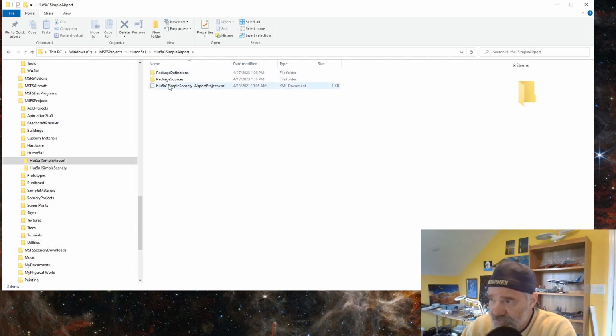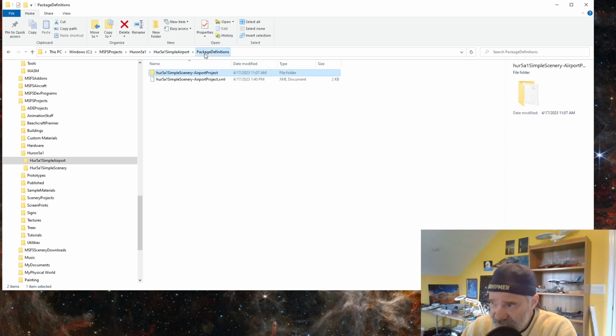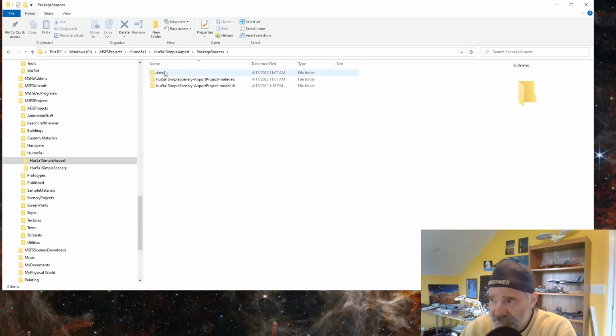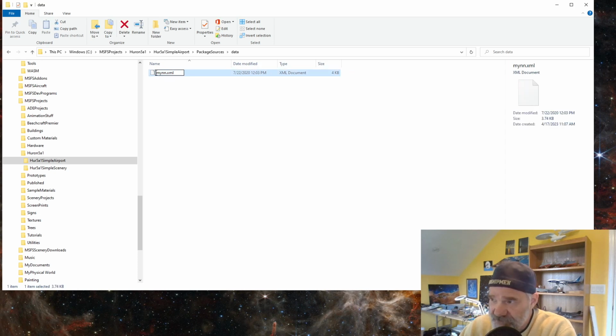And inside that, you have a package definitions and a main XML, just like you would with a simple scenery, except the package definitions looks the same, but inside the package sources, instead of a model lib and a materials, you also have a data folder, and inside the data folder is the XML that controls your airport. So in our particular case, after we create this with a menu system, we're going to have an XML in there